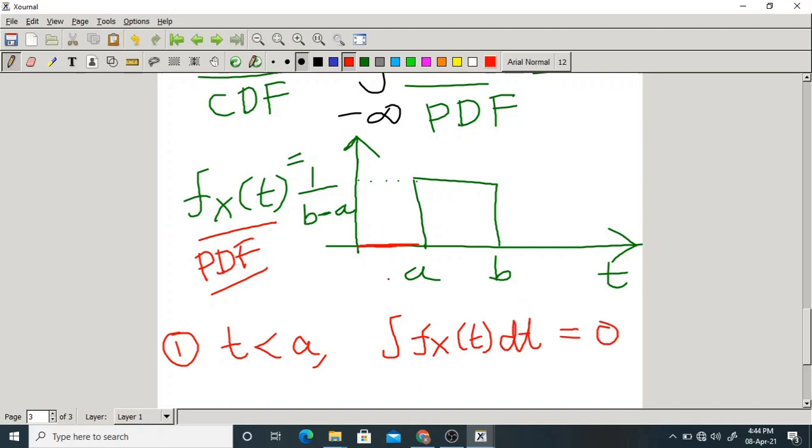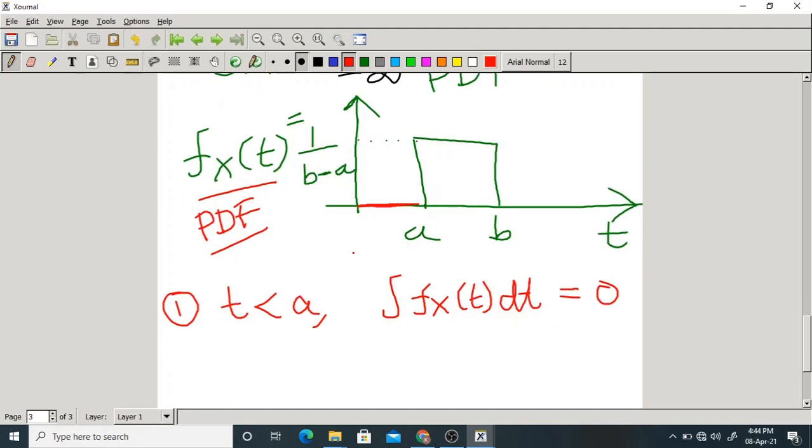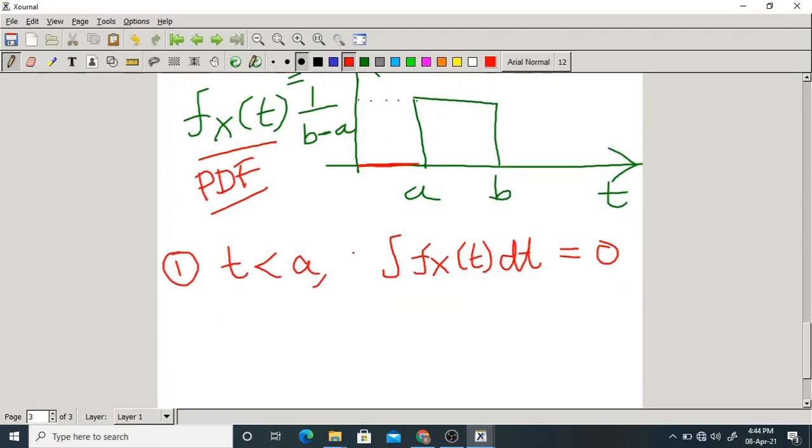That will be 0, because when t is less than a, the function is 0. Nothing is there. Isn't it? Right? Now, here second case. Let us take some variable, let us take t equal to x, but x